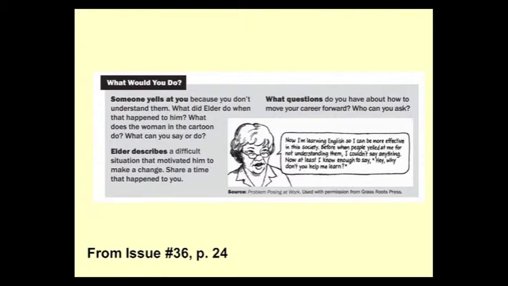You might not be able to speak English well, but here are some things you can do, some ways you can be an agent in that situation and not just feel like a victim who's silenced and can't speak. So, that story and these activities are probably going to find a really strong home in our learners because it feels really familiar and they know what it's like to be there.